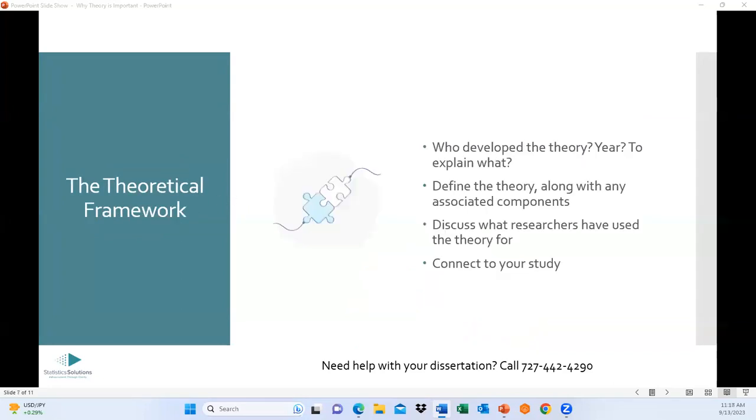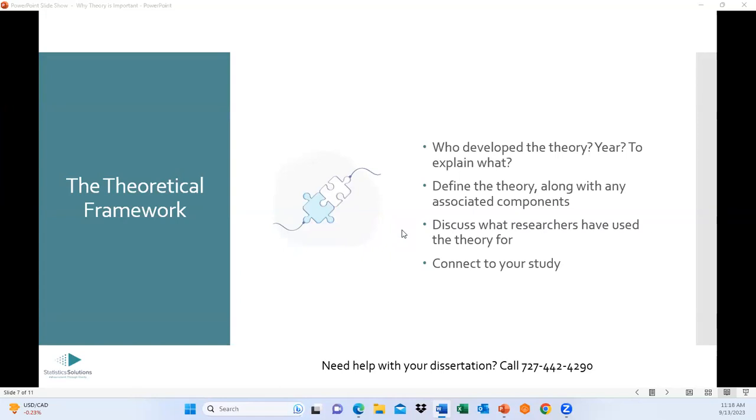Okay, now as theory comes into your study, it usually comes in a section called the theoretical framework. And again, the theoretical framework is like theory itself. It has this term framework attached to it, but sometimes you can use a single theory. I say keep the theoretical framework as streamlined as possible. If you can use one well-suited theory, that's great. If you need 2, that's fine, but don't start piling on theories. You just need one that theoretically encapsulates what you're doing.